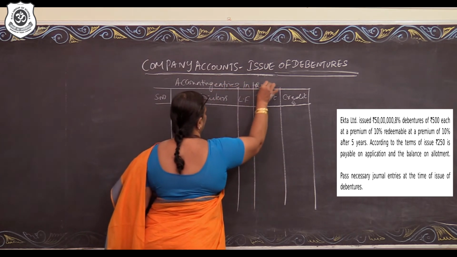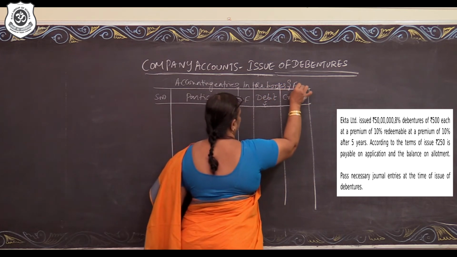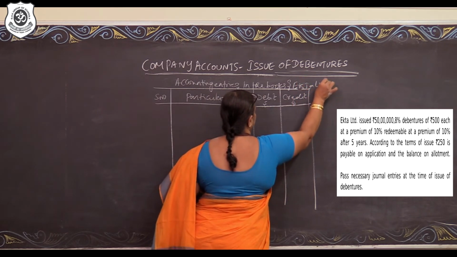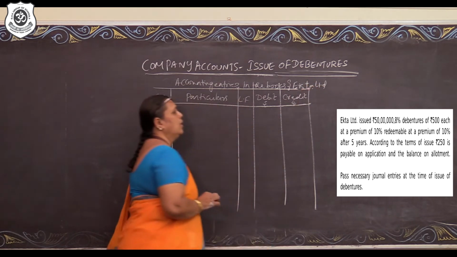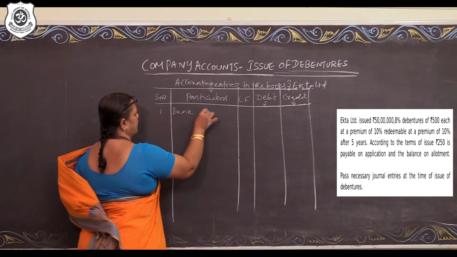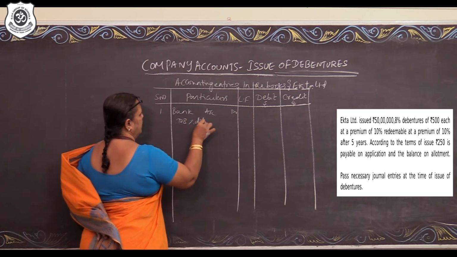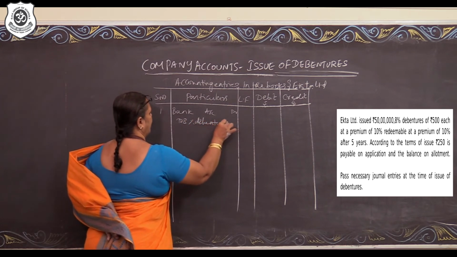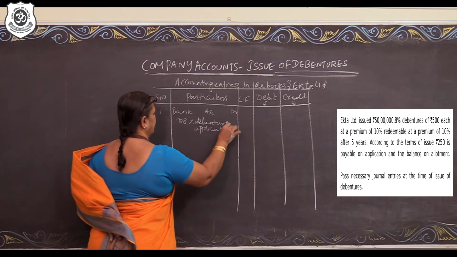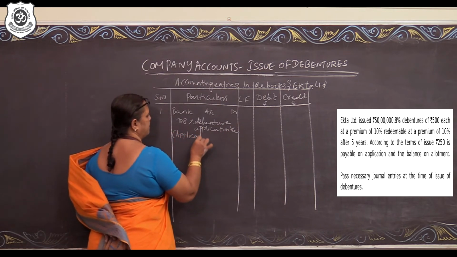In the books of XII Limited. So, entry number 1, bank account debit to 8% debenture application account. Application money received on